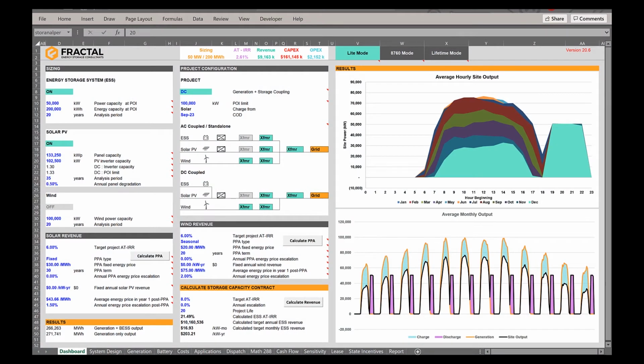Hello and welcome to the new Fractal model, version 20.6. We're really excited about this Fractal model. Structurally, it's the same, but there are some improvements in both visual and in some of the tools that are